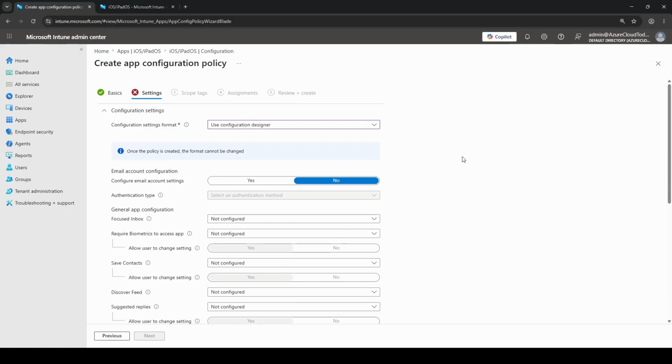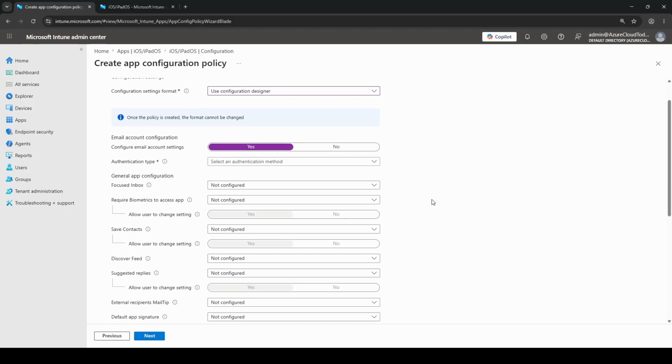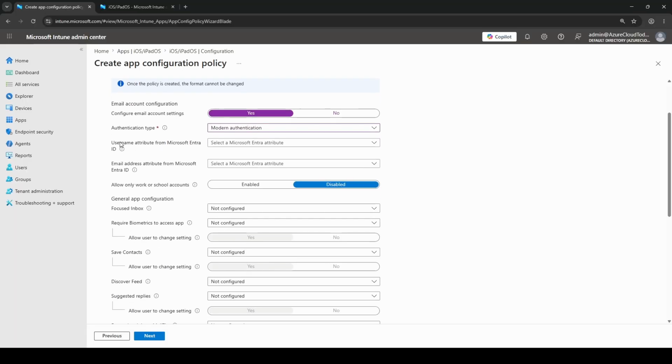Let's scroll at the very top, and for configure email account settings, let's click on Yes. For the authentication type, we would have two options, basic and modern. Let's click on modern authentication. For the user attribute from Microsoft Entra ID, I would be selecting user principal name. For the email address attribute from Microsoft Entra, we would be selecting primary SMTP address because this is where the